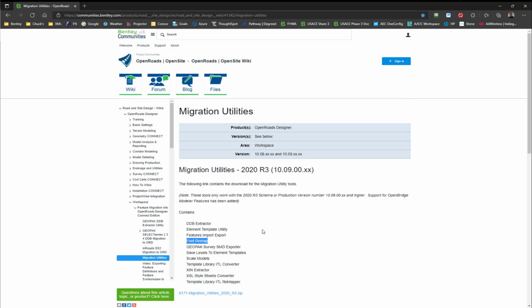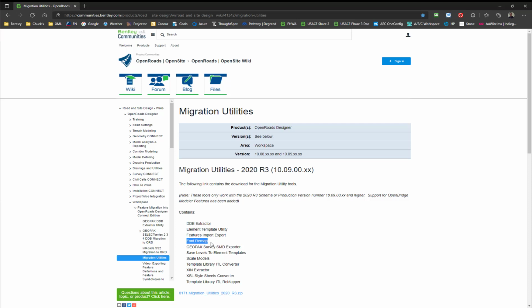So let's say that you wanted to update all of your models in a cell library, and this is going to take some time to do manually. If you use the Font Remap tool, it can go in and update all the fonts and all the models within a single file, somewhat like a batch mode, but you would still need to review each cell after this is done and make sure that everything still fits within the origins of where it's supposed to,